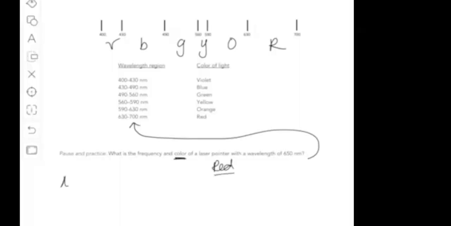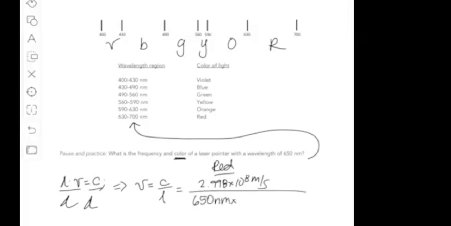What is the frequency of a laser with a wavelength of 650 nanometers? And what is the color of that laser? So inspecting the table would give you a color of red. If you convert 650 nanometers to meters, you get 6.5 times 10 to the negative 7 meters. To solve for frequency, we would divide the speed of light, c, by 6.5 times 10 to the negative 7 meters to get a frequency of